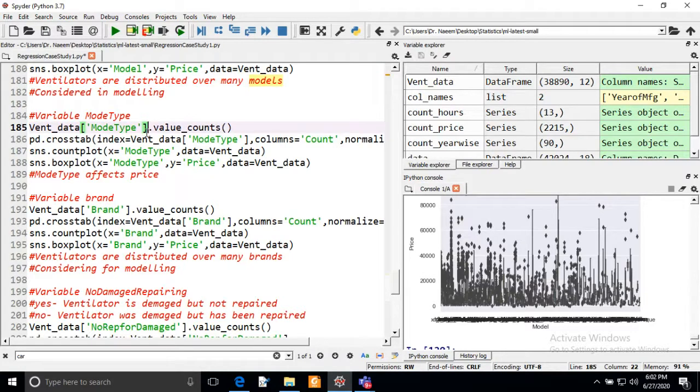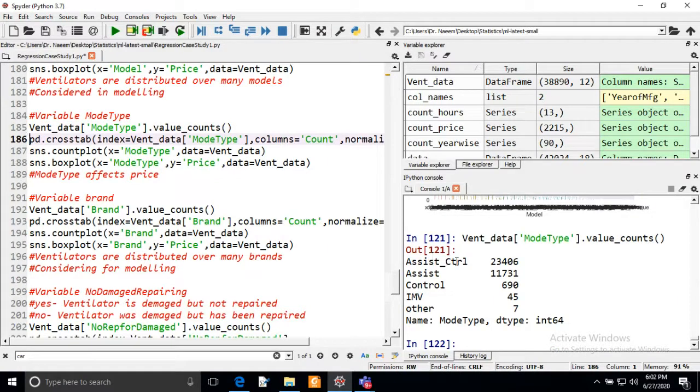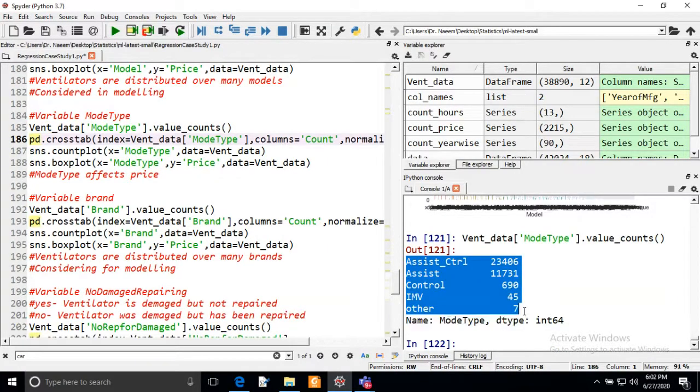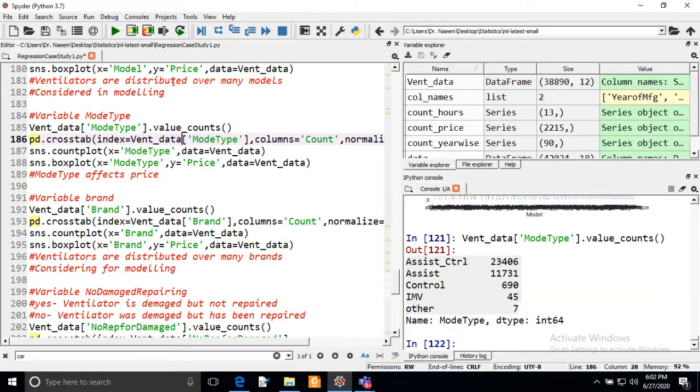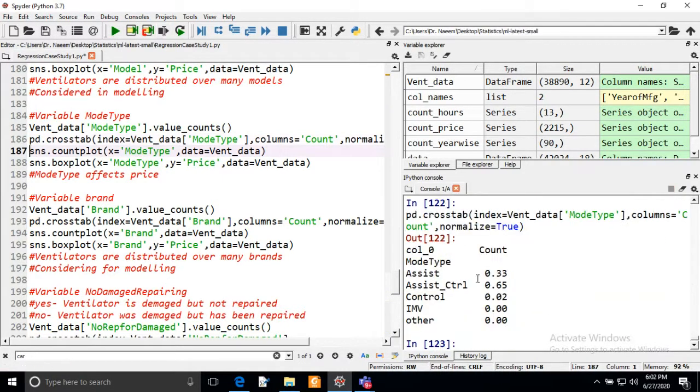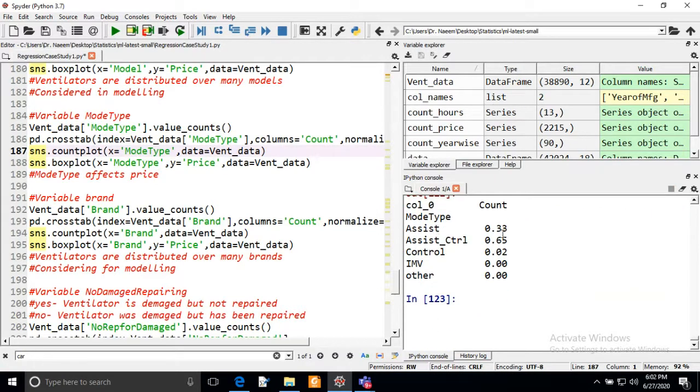Now we will see the variable mode type, and we can execute the value_counts command. We have four types of modes of our ventilators, and we can see the cross tab, meaning the contribution of each type. Assist has 33%, and mostly the ventilators are of type assist_control.